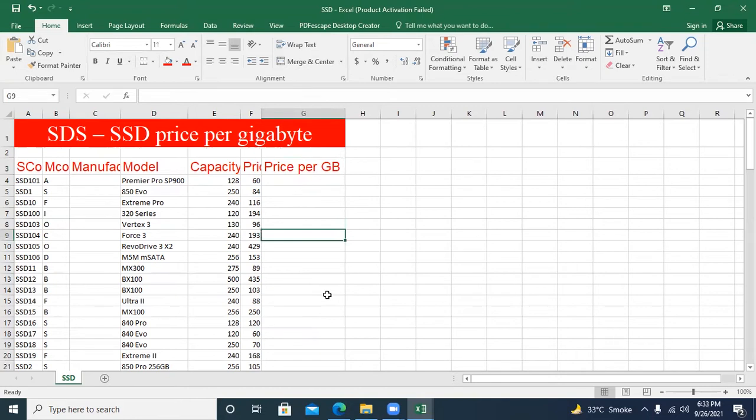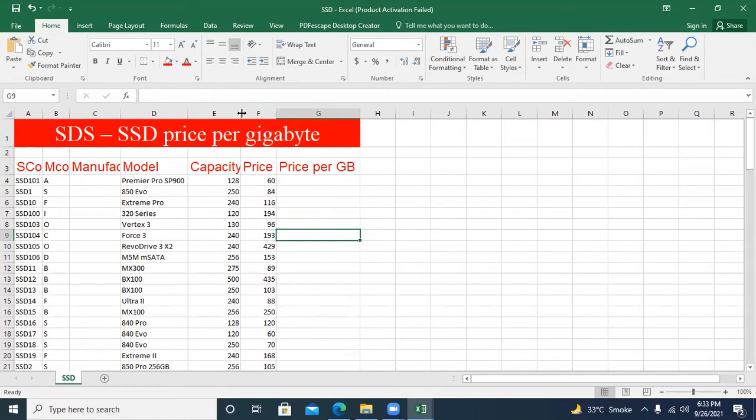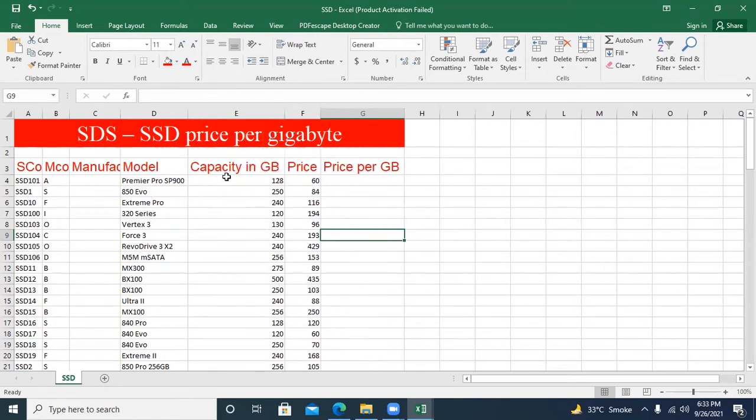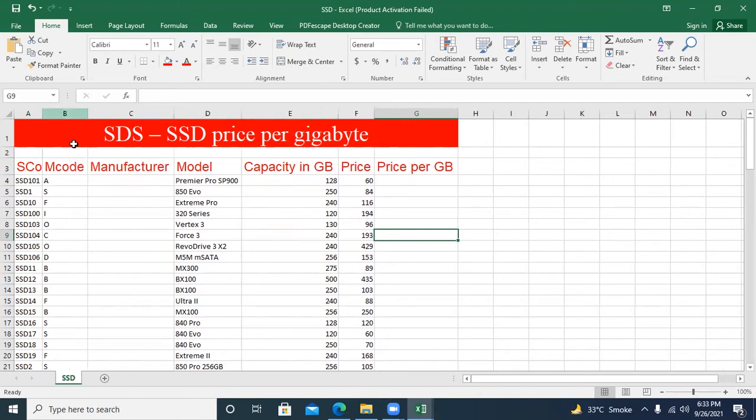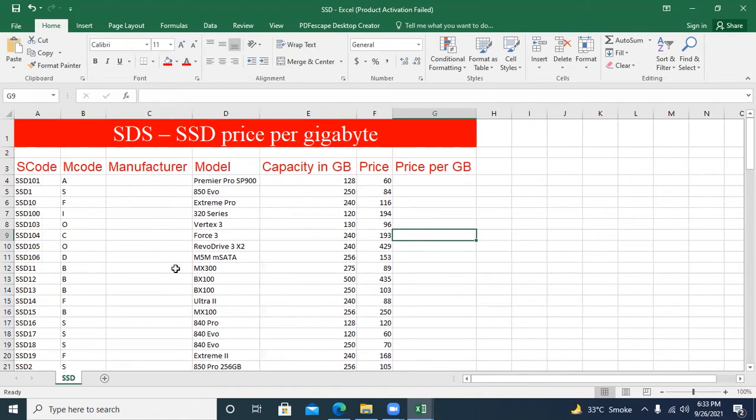So do like this. Now the price, capacity, model, manufacturer and M code are all visible more clearly.